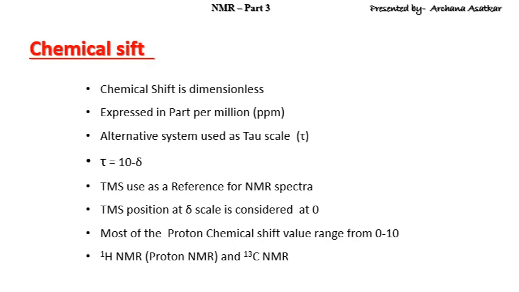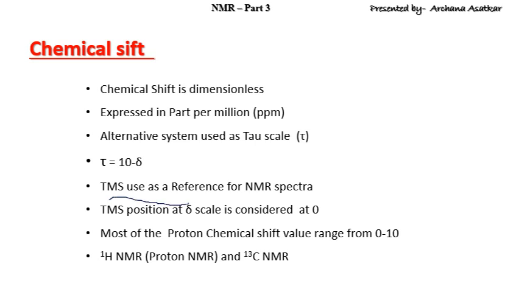So let us explain a few properties of chemical shift. Chemical shift is dimensionless, and it is expressed in parts per million, and we can express chemical shift in an alternative scale, and that is the tau scale. The relationship between tau and delta is tau equals 10 minus delta. And to get the NMR analysis or NMR spectra, we take TMS as a reference